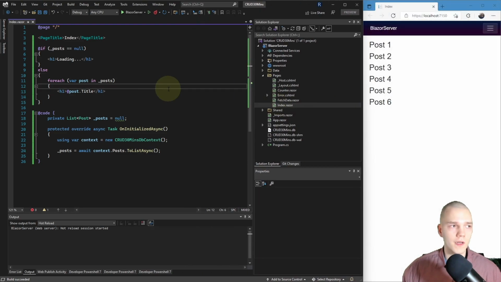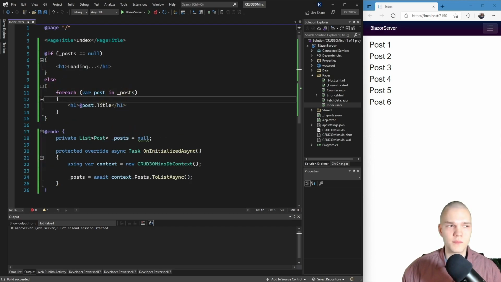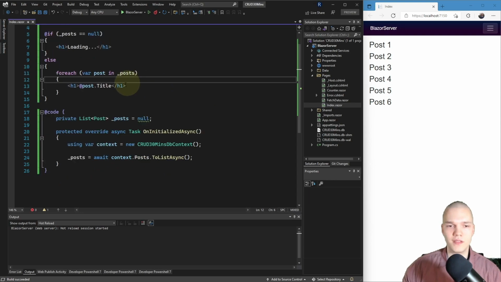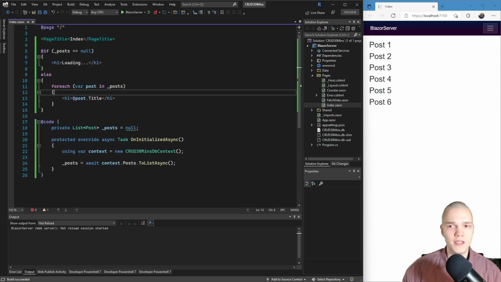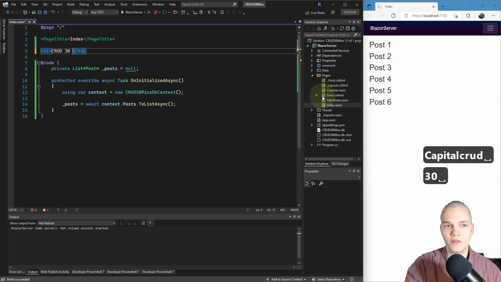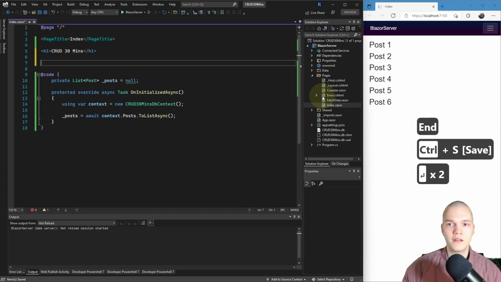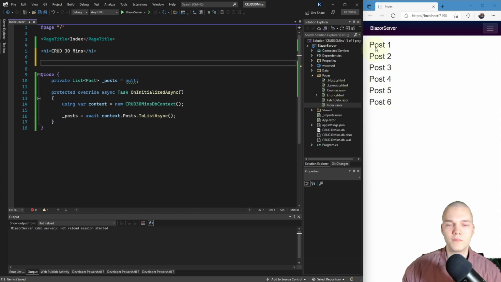Then I'll just put my cursor on the edge here and drag that blue bar all the way to the right. Okay, so next up, I want to improve this display code. And I'll zoom in as much as possible for people watching on their phones. So I want to display the posts in a Bootstrap table and add some other stuff. So I'll just delete all this, and I'm gonna do an H1, and I'll just give it the title of the tutorial. So CRUD 30 mins, save that, and the hot reload should pick this up now.